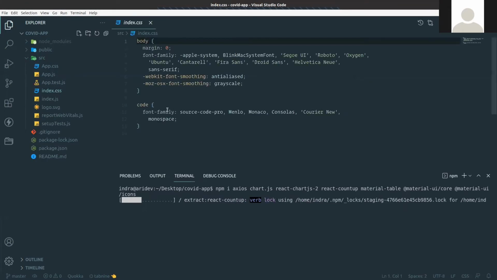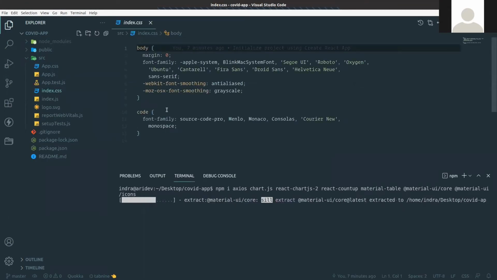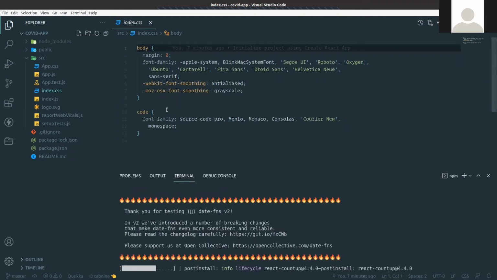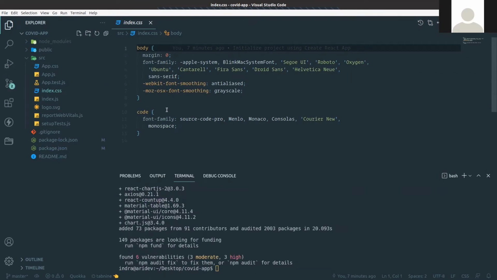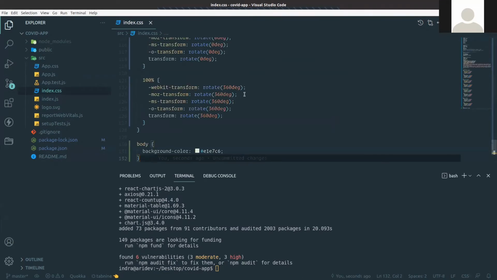So go to the source folder, and then index.css, and remove all that CSS. I'm not going to teach any CSS or any style sheets in this video, because I am too poor in CSS. So I will skip that CSS part, but I still built some CSS. You will get the repo or the source code from the description. So go to that repo, go to the source code, copy this index.css file and paste it over there. Okay, like this way.